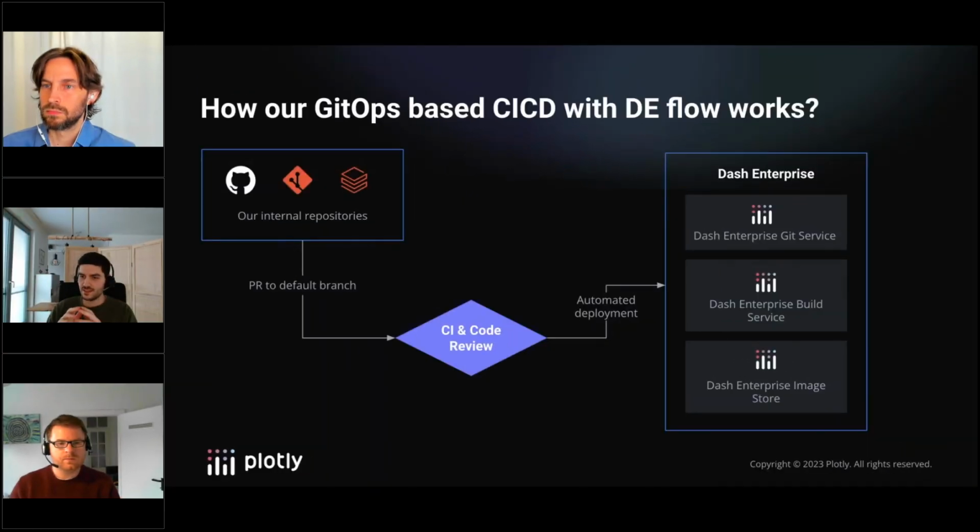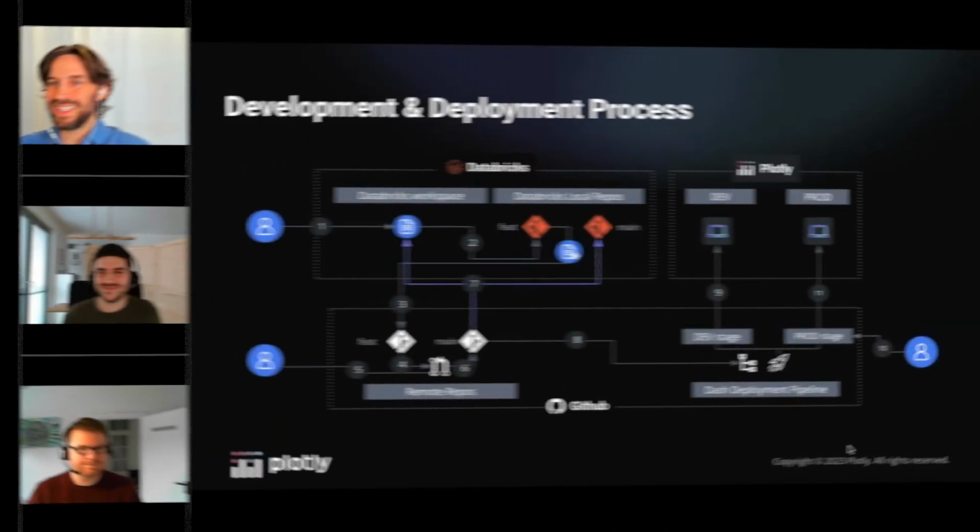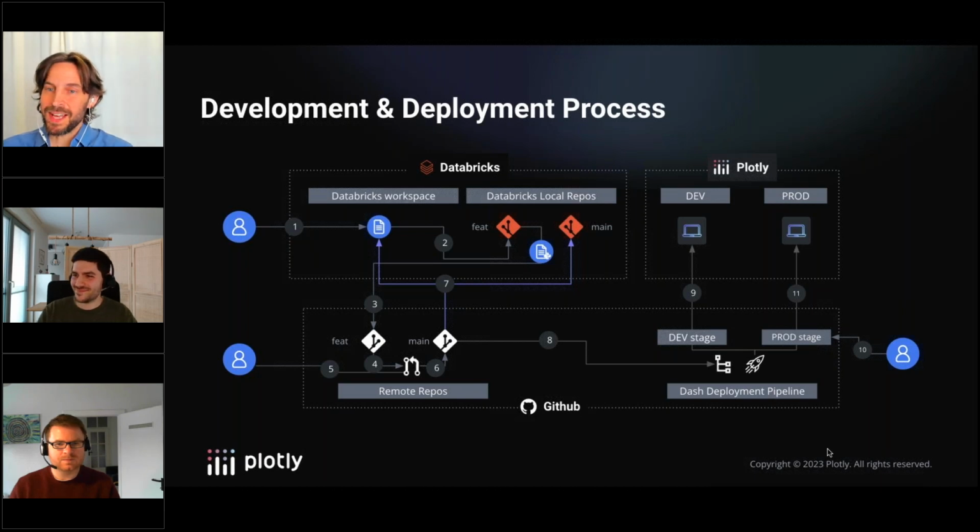So exactly. Basically, we are pushing the code changes, and Dash Enterprise takes this code change and creates a container around it. So containerization happens inside Dash Enterprise and it's also deployed directly as a web application. Thank you, Tanay. It's amazing how seamless the whole process is, with a lot of the steps automated, and the graph you built in also made it a lot easier to understand every single step and how an app actually becomes